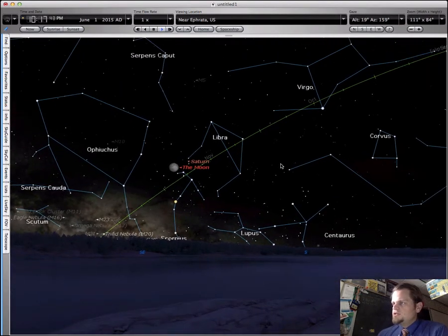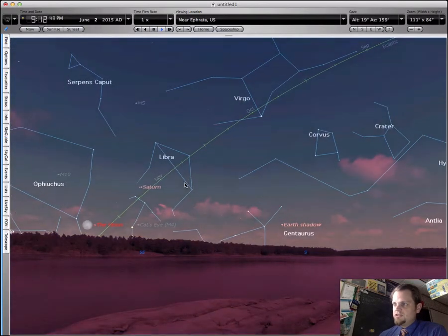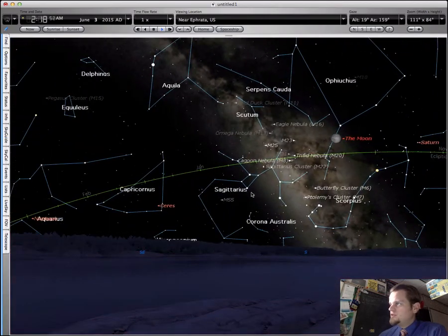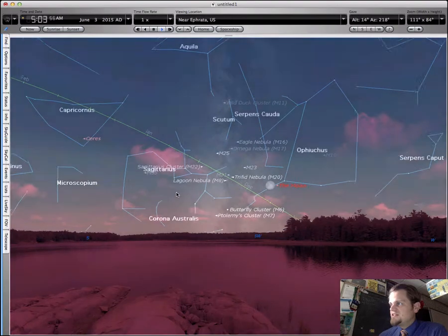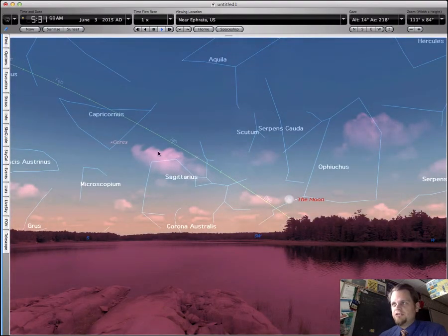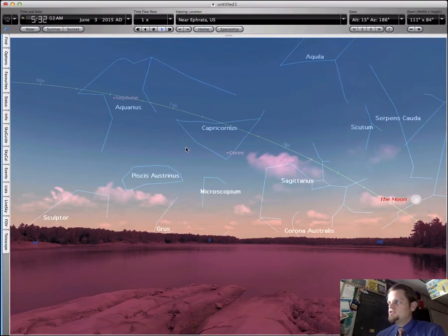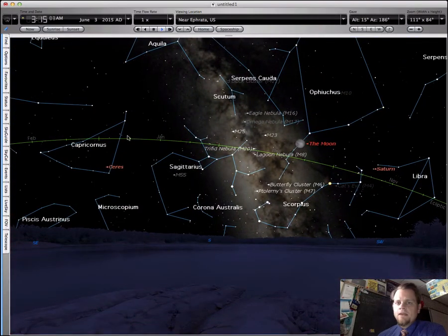Okay, so then technically the full moon is on June 2nd. That means the moon is, let's go back, it's rising right about sunset, and then it's going across the whole sky as the night goes on and sets right about when the sun is rising, about 5:30, somewhere around there. So what's going to happen is let me pull this back to like 3 a.m. So nothing really is going to happen in the next